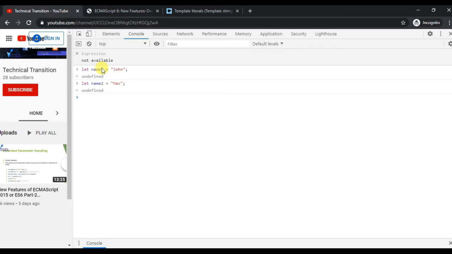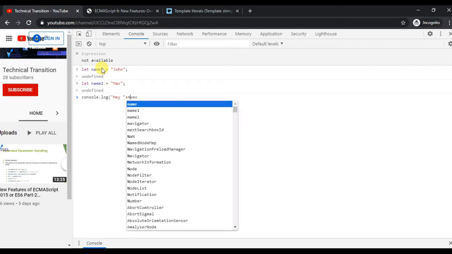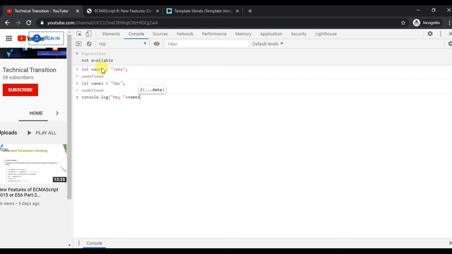I just want to print both of the names using console.log. I'm giving name1 plus space plus, and concatenating another name2.